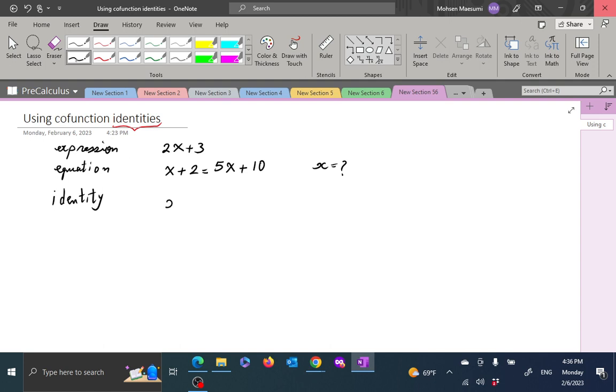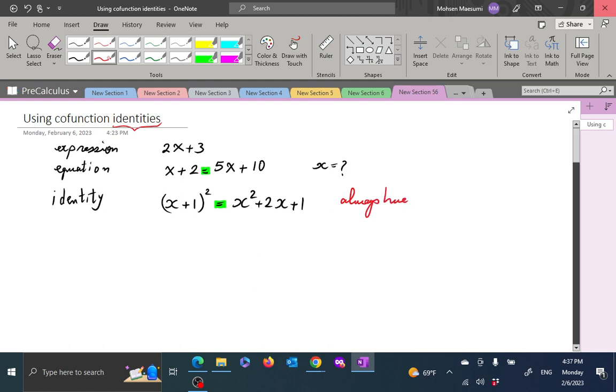Sometimes you come across something like this. (x plus 1) squared is equal to x squared plus 2x plus 1. What we are saying here is the sense in which this equality is written here is different from that one. In the last one, what we are saying is that the two sides equal to each other regardless of what x is. So sometimes we say this is always true regardless of what x is,